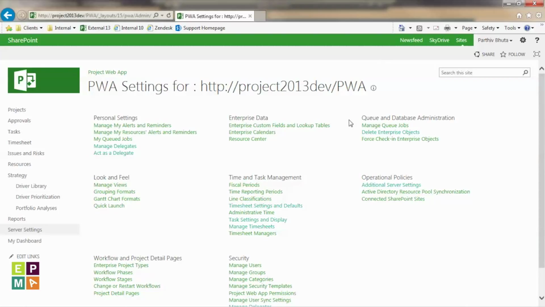Well, for some reason, and I don't agree with it, the way Microsoft has decided to do it, but what they've done is rather than having these options available to an application administrator like me or whoever is there in your environment who can do it in PWA, they've actually moved this to the central admin, the SharePoint central admin. Now, one way, yes, it's good because you don't want a lot of people to get access to taking backups and restoring their projects.